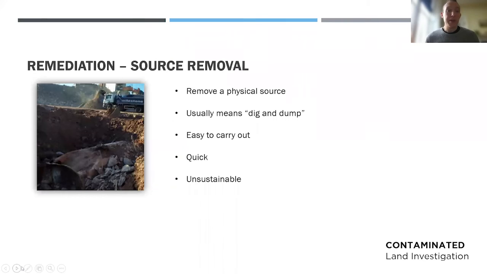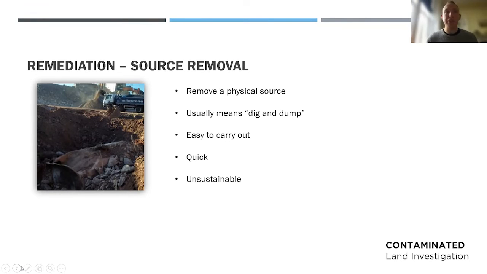Source removal is perhaps the simplest option. So as with that fuel tank I showed you a couple of slides ago, removing a source can prevent a problem in the future. With a fuel tank, it's a nice simple solution. However, it often means dig and dump, which is simply excavating contaminated soil and throwing it in a landfill. In Scotland, a third of what goes into landfill is soil. We have a slightly different tax regime up here, which means that it is cheaper to do that than it is to remediate a site